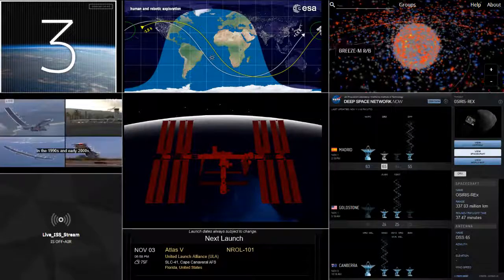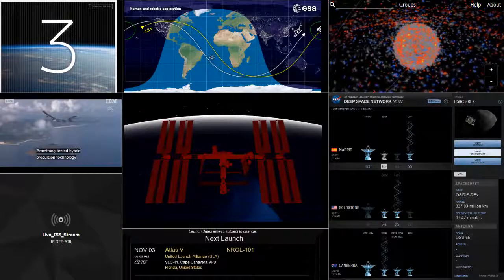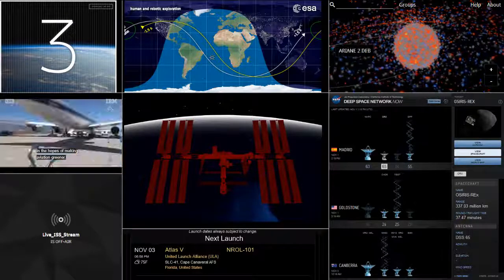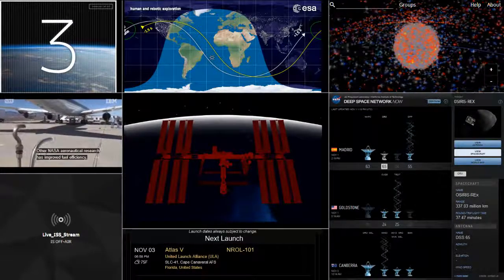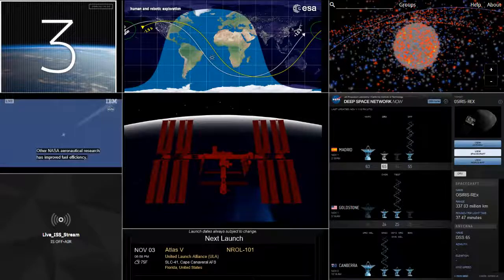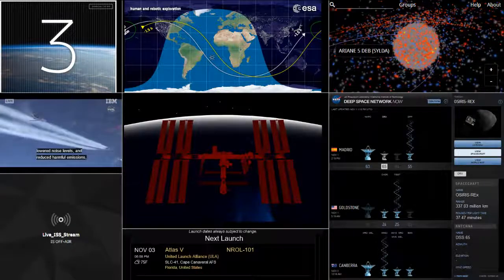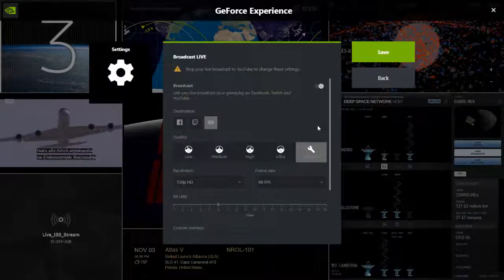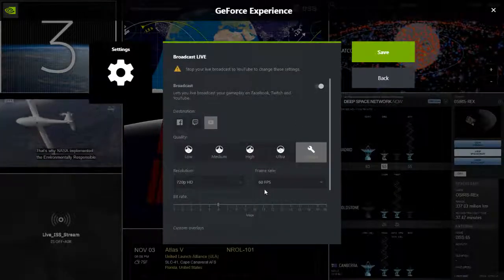In the 1990s and early 2000s, Armstrong tested hybrid propulsion technology in the hopes of making aviation greener. Other NASA aeronautical research has improved fuel efficiency, lowered noise levels, and reduced harmful emissions. But much more can be done in these areas. That's why NASA implemented the environmentally responsible aviation